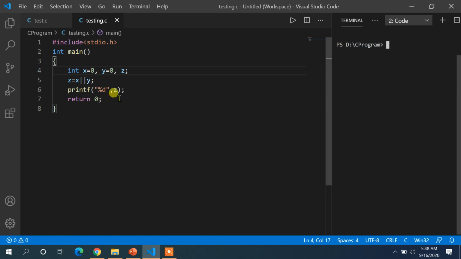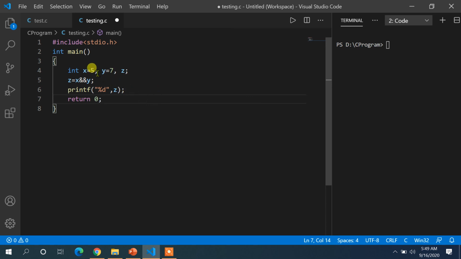Now let us discuss something more over here. Suppose I am writing the AND operation. Now if I put 5 over here, and here let's say 7, what do you think should be the output of this particular program? I am not taking 0 and 1 over here. We are taking some integers like 5 and 7. So what do you think should be the output? The output in this case also will be 1.